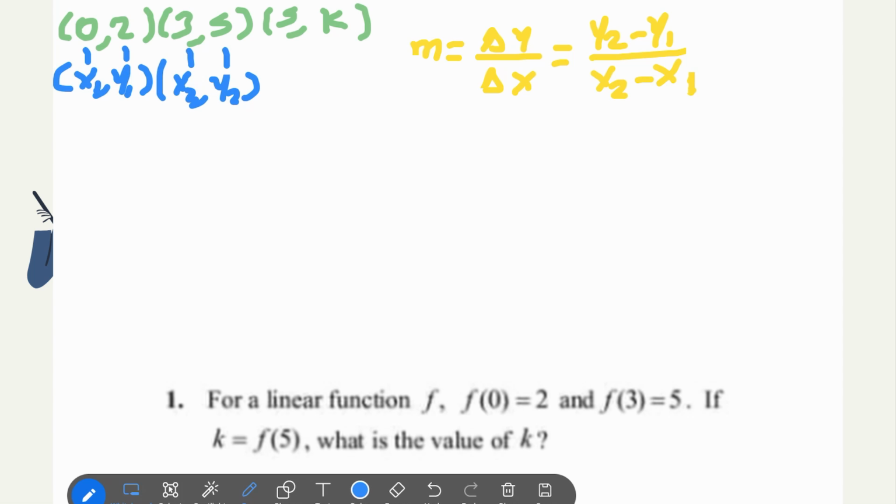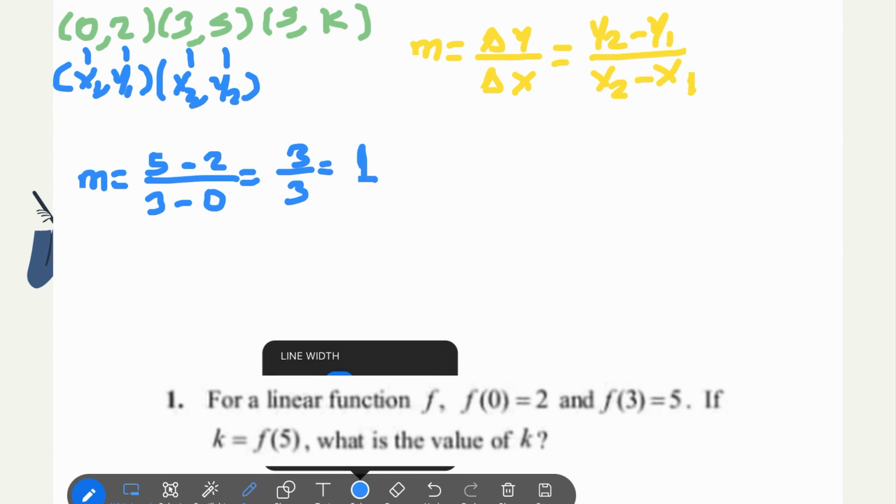Now we can actually plug in the numbers and we will have m equal to 5 minus 2 divided by 3 minus 0. That is 3 divided by 3, or just 1. So now we can try to work with our slope-intercept form and plug in the values that we know. We then have, let me use another color,